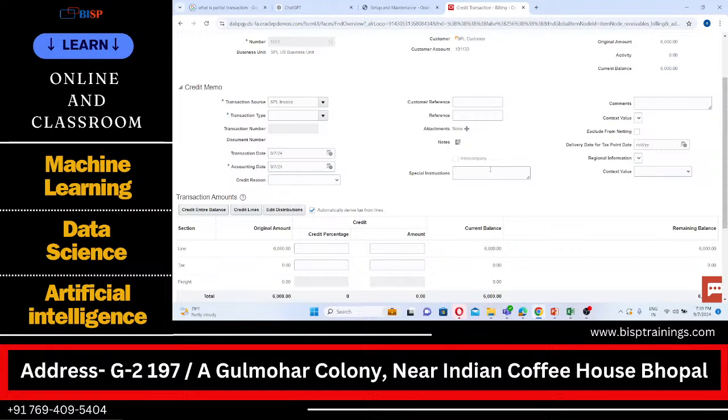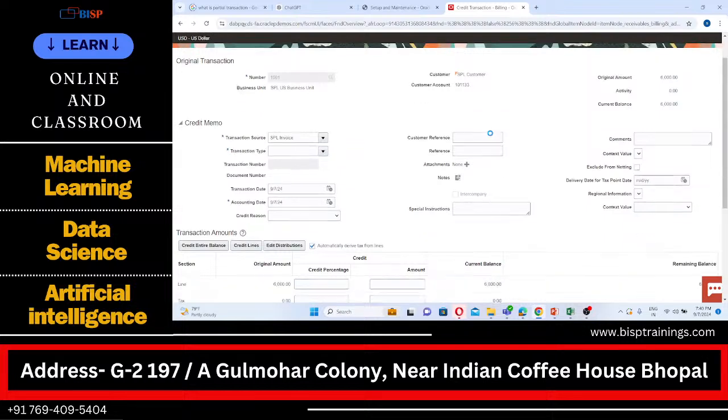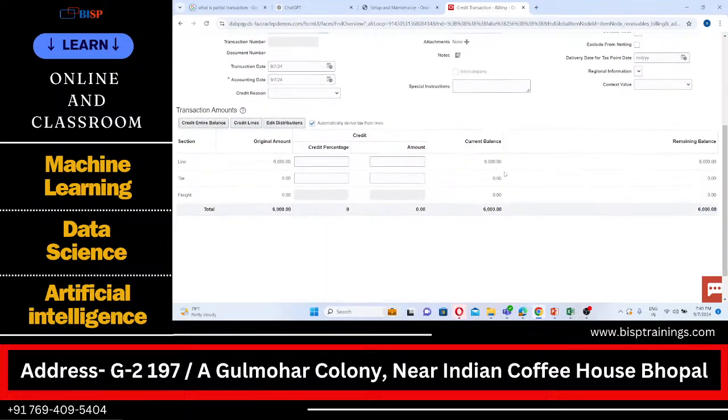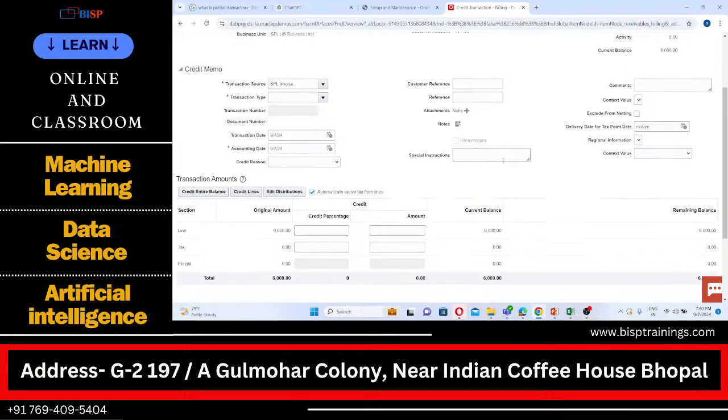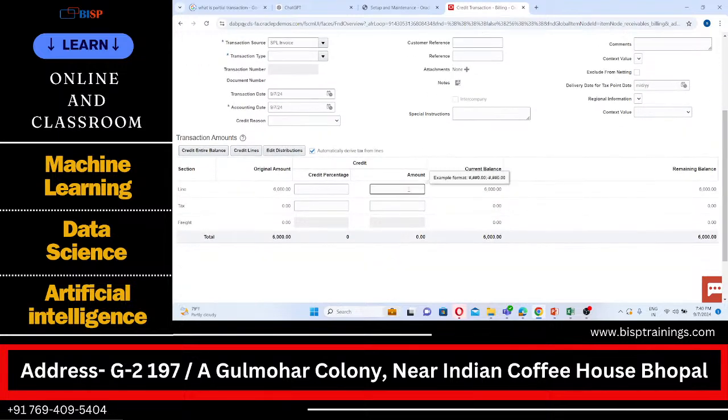So now actually there was some mistake in the number, so now we have again created the standard invoice with the amount of 6,000. And how much we want to deduct? Say we want to deduct 2,000. Okay,